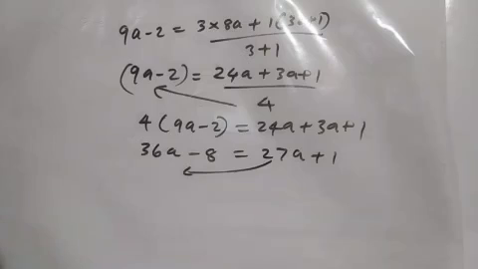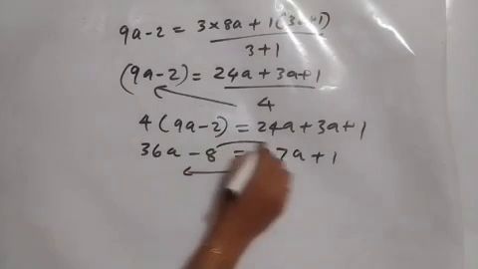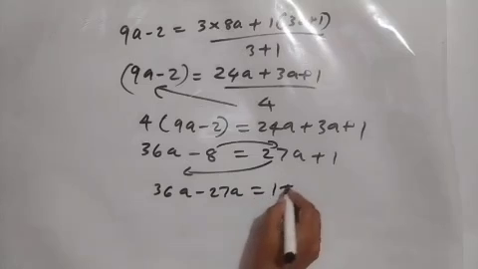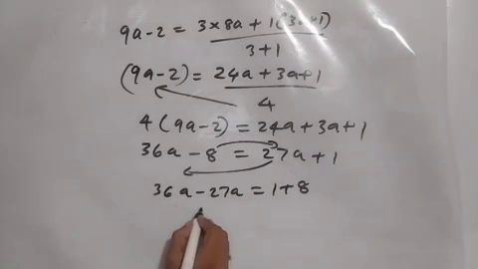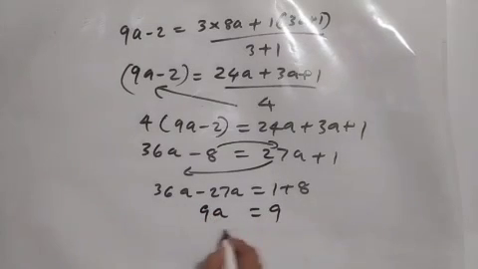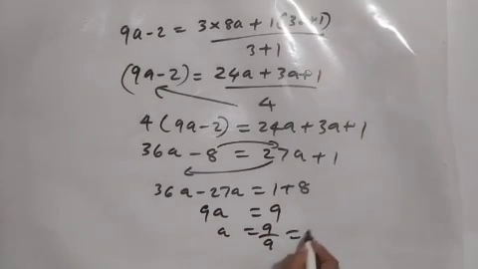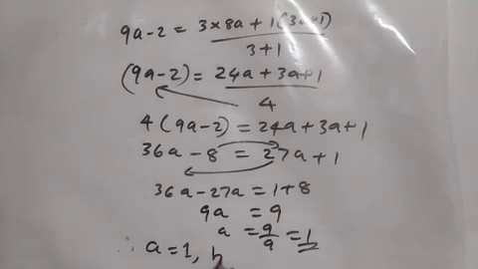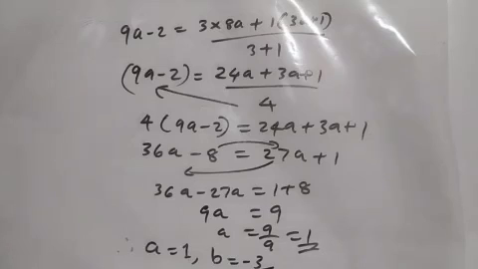Let us write this 8 to the right side and 27a to the left side. 36a minus 27a equal to 1 plus 8. That is 9a equal to 9 and a is equal to 9 by 9, 1. Therefore, we obtained a as 1 and b as minus 3. Okay, thus we solved this problem. Direct application of section formula only and equate the